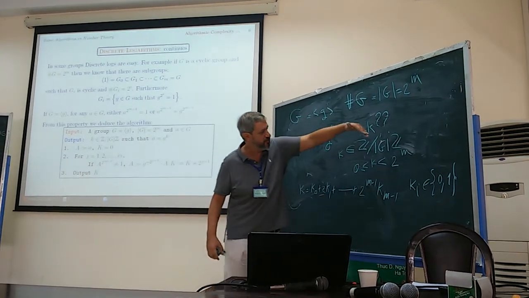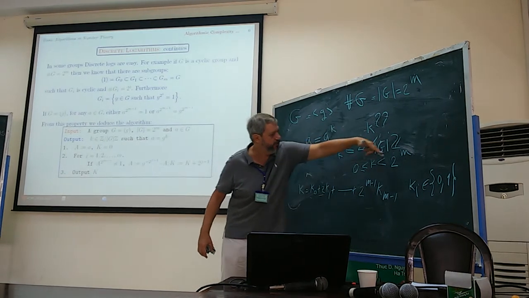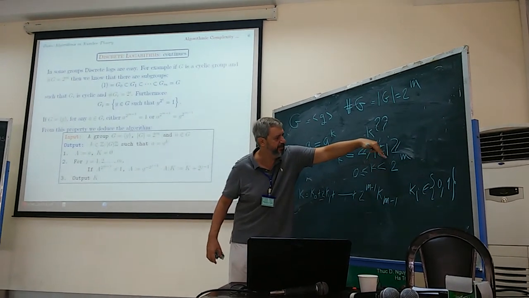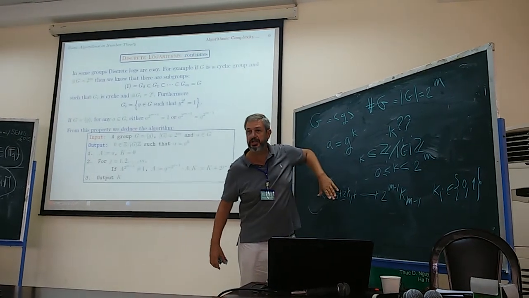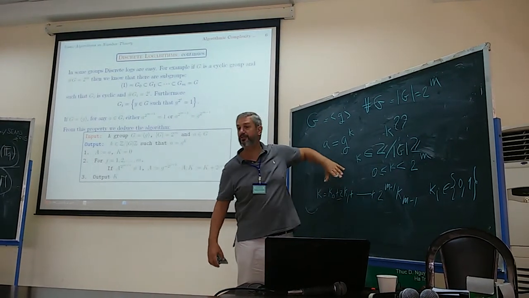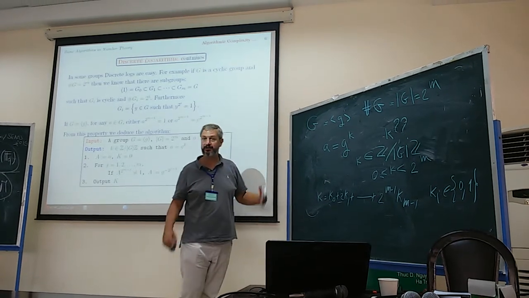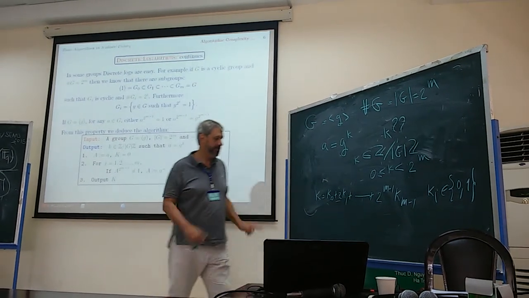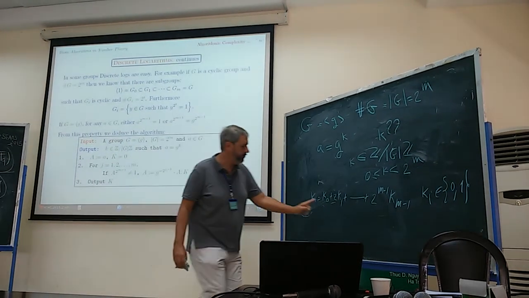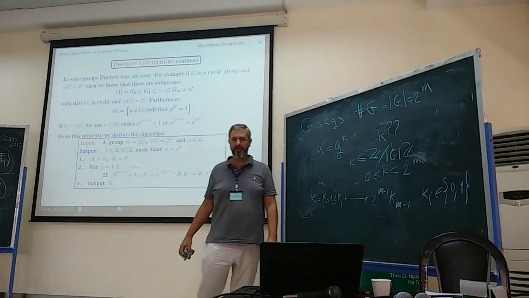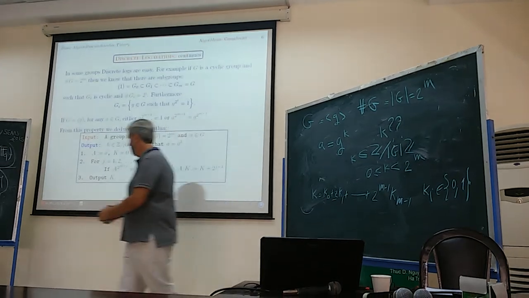And by construction, since the element is less than 2 to the n, the number of its binary digits, the size of this number, is n, because it has n binary digits. So what we need to compute are all these zeros and ones, right? So let's